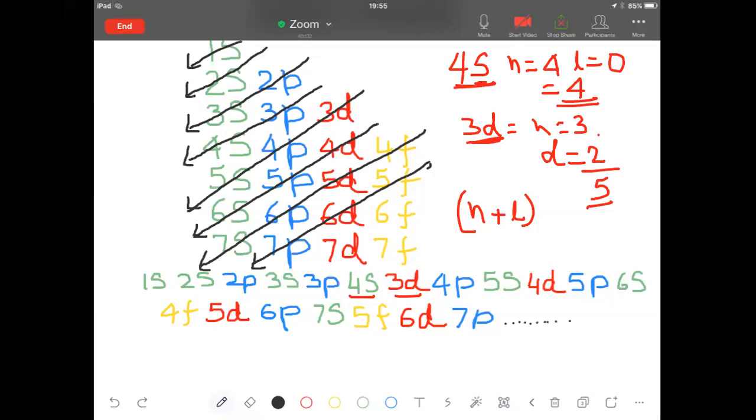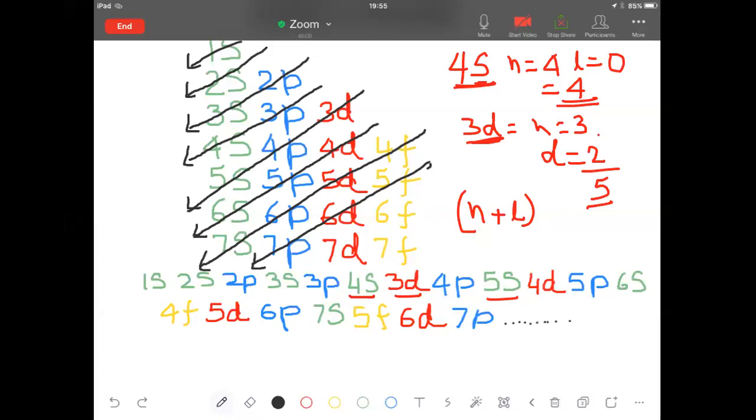But because of overlapping between 4p and 4d, you have a 5s. Between 4s and 4p, you have a 3d. So all this is happening because of the overlapping. And to make it easy for us to understand, we follow the n plus l rule. In that way, we are able to decide which subshell will be filled first and which one will be filled afterwards. Okay, so this is everything you need to know about the Aufbau principle.